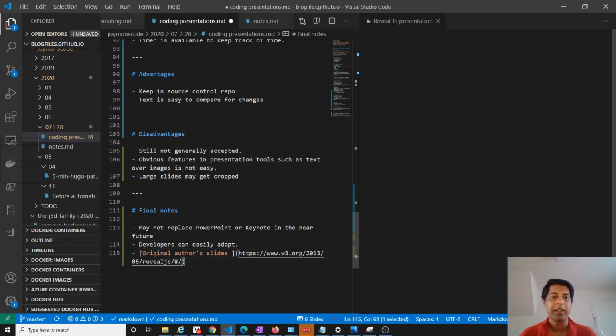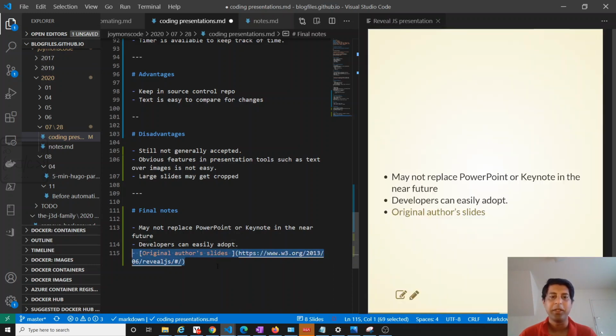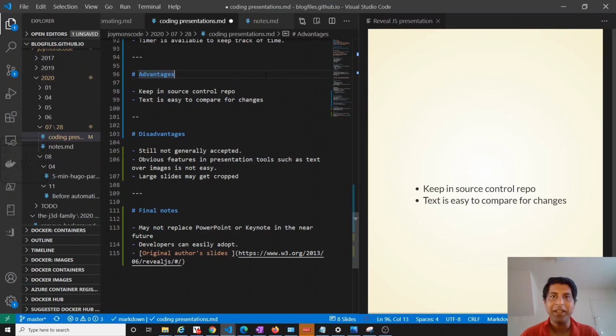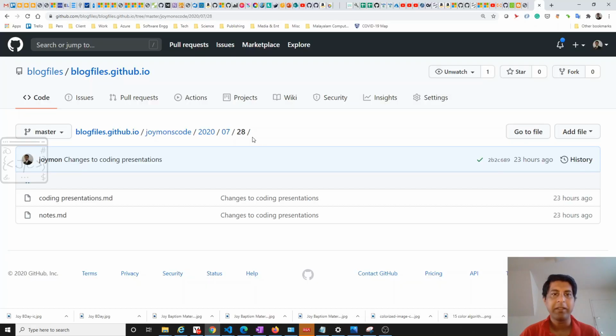And these are the original author's slides. You can go there. He has explained it feature by feature. The slides I have created will be available in my GitHub repository. Mostly the slides will end up in this repository, in the blog files, and this would mostly be the path, again based on the time I get to edit this video and the publishing date. I'll be posting the final path in the video description itself.